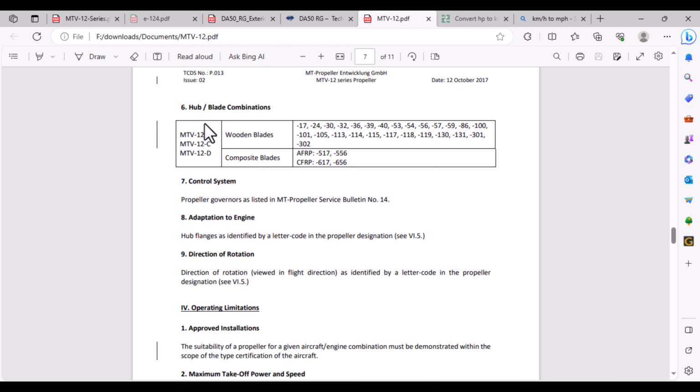And this is again the hub plus blade combinations. We said the 56 is the wooden blades. For the control system, you don't need it at this point, but you'll find it in the service bulletin. Again, I think you need to be a licensed engineer to access this document. Now, the thing that we need to look at here